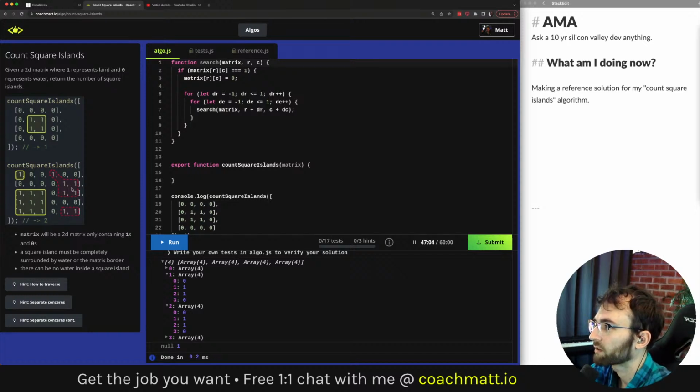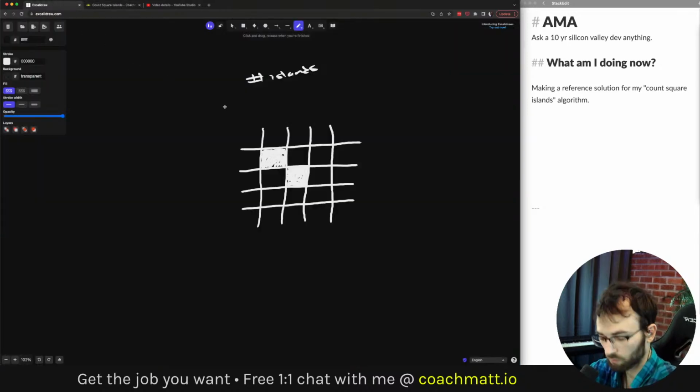If you can see my mouse over here on the left, I do have this here, and over in the corner here, I consider this all to be one island. Those kinds of corner cases are really important. Another natural corner case is literally the corner.